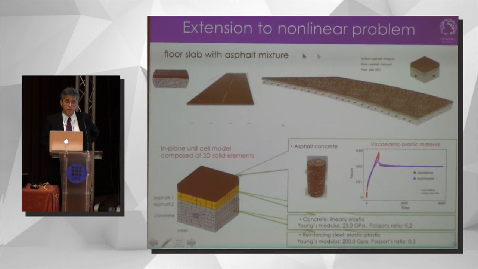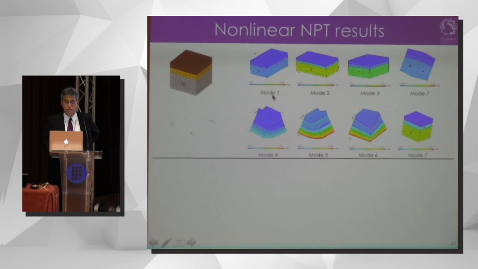In this context, let us look at this example problem. Here we have the target composite plate with a floor slab with asphalt mixture. This is the in-plane cell, in this case, composed of 3D solid elements and 3 layers here. Then one of the materials here is assumed to be viscoelastic, viscoplastic material in this case. Other materials are simply linearly elastic. Then applying the 8 patterns of macroscopic deformation on this in-plane cell, we can obtain this